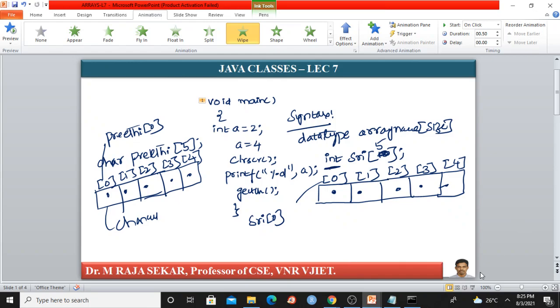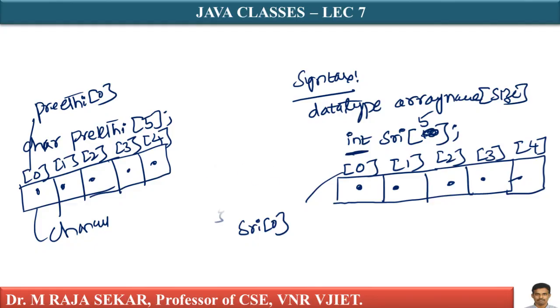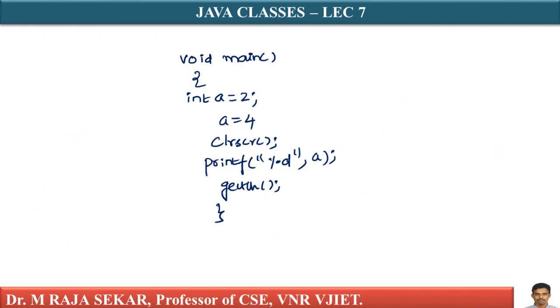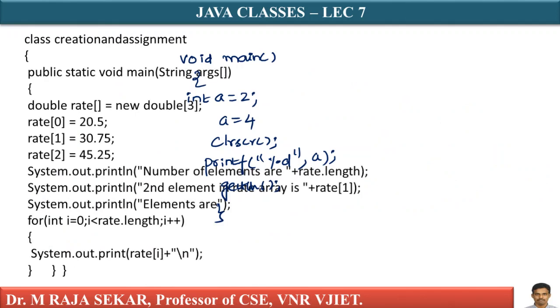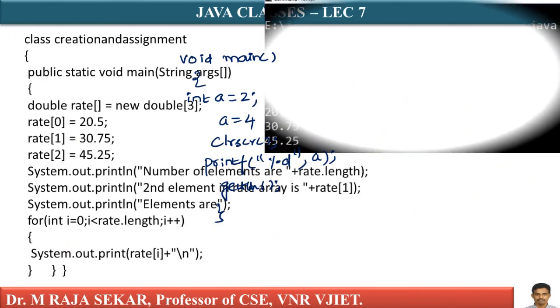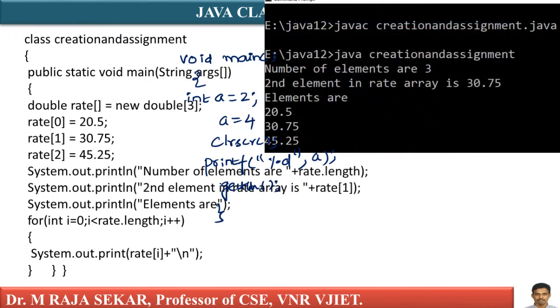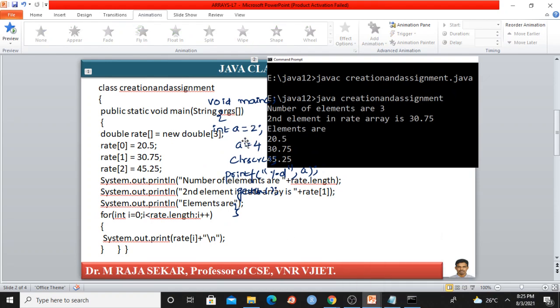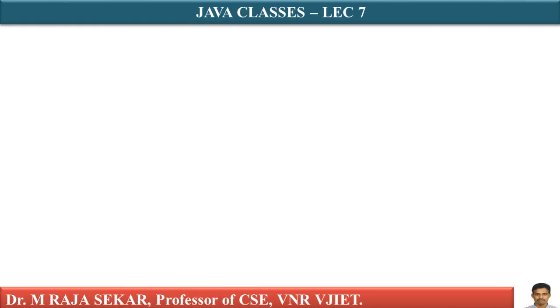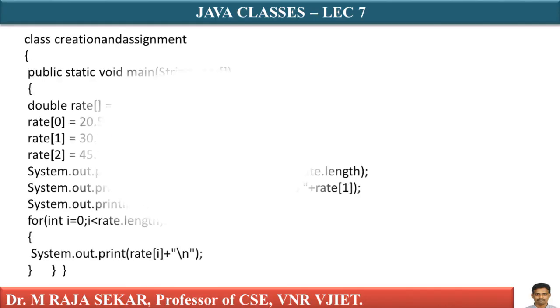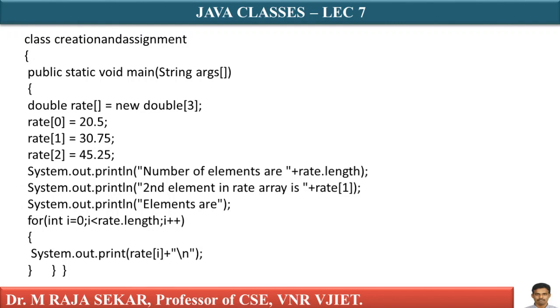Now, anyway, what we were discussing, we discussed the need of array variable. There is a drawback in the ordinary variable. In order to overcome that particular drawback, they designed array variable, isn't it? Array variable is a variable which can have multiple values. Let me discuss the same concept with one more example.